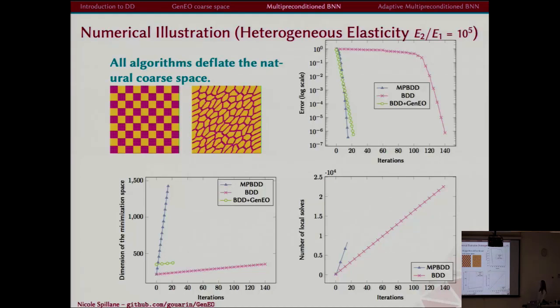So here is an example that I will show you. This is the Octave and FreeFem++ implementation from my paper. So again, it's a 2D elasticity problem where we have two materials that are shown here. So we have a red material and a yellow material. There's a jump in one of the coefficients, and this is a partition into subdomains that I got with Metis, so I'm cutting through all the jumps. So I solved this